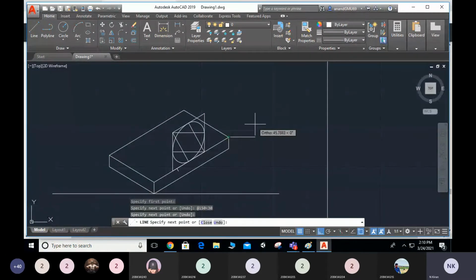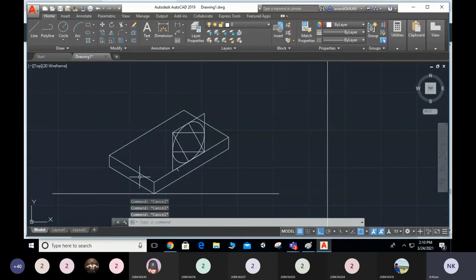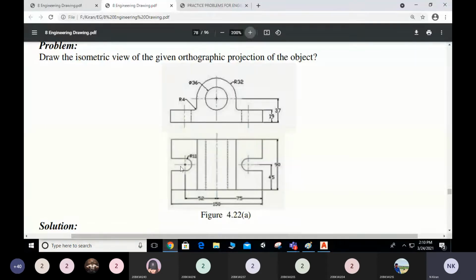This is your base. This is the base of your whole diagram. From here at this midpoint, you can observe the whole length is 90, and at the midpoint you will have R11. At the midpoint we are having a gap of R11. And what is the distance from here? Almost 36 means 52. See, from this midpoint it is having 52 mm. You can make a box over here.